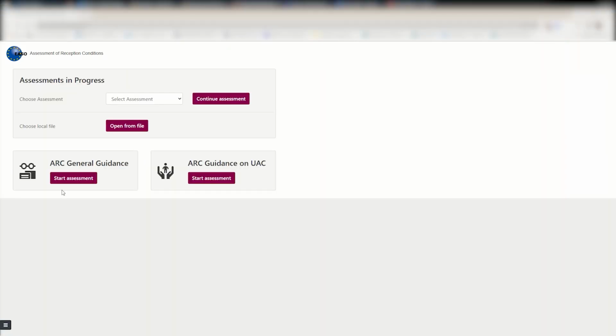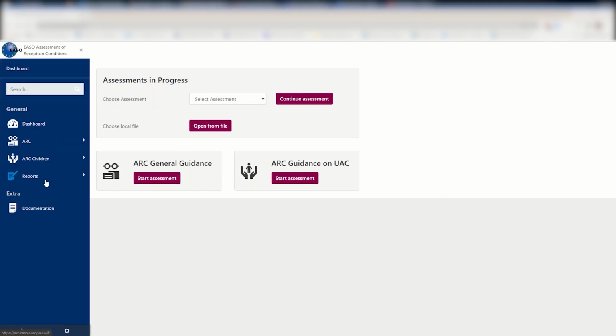Finally, the ARC tool offers the option to compare 2 or more reports. For this, we advise to use the desktop version for better visibility. Through the function Aggregated Report, you can load multiple reports, either of different centers or of different reports on the same center at different points in time. This could be useful to see if the situation improved since your last visit, for example. This also helps to distinguish common trends within a reception network and determine on what topic action is needed.